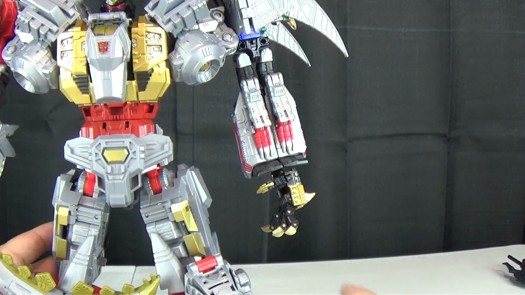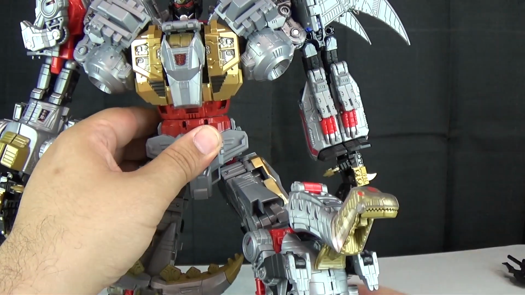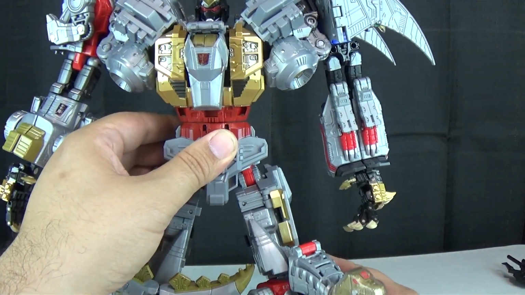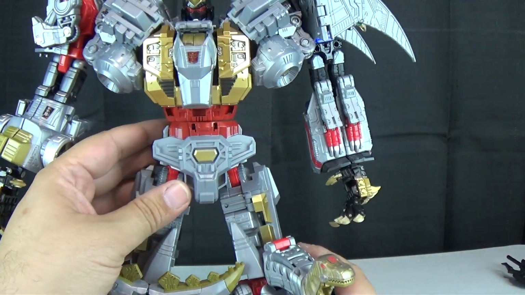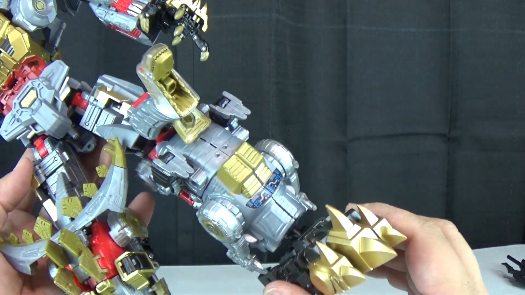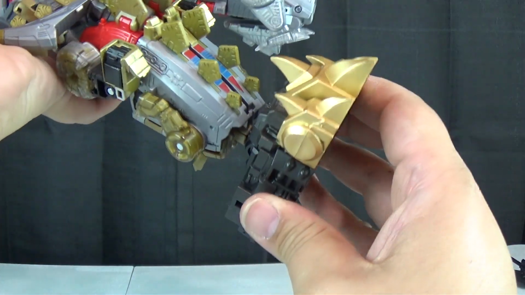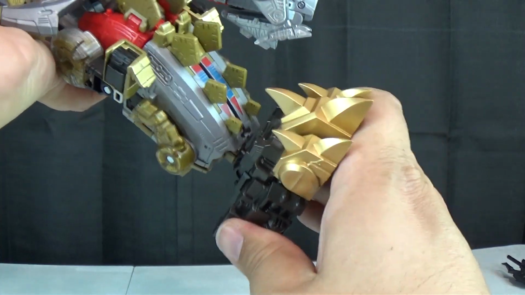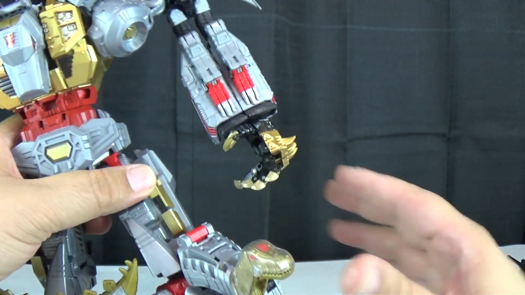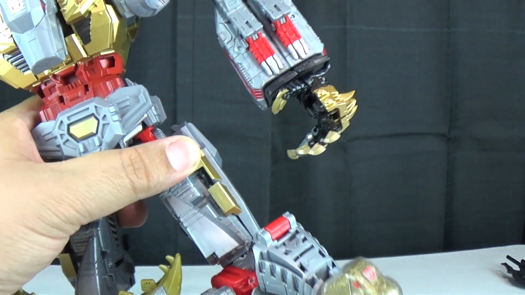So you have posability. The legs still bend at the knee. You still have that knee rotation. It's a little hindered because of the extra pieces you have on. You have an ankle rocker and ratcheted forward and backwards. So there's that. Give me a second to get his foot back on, and then we'll look at his...